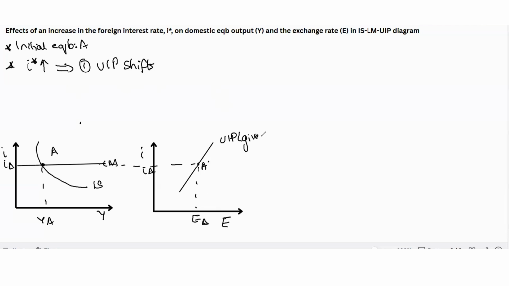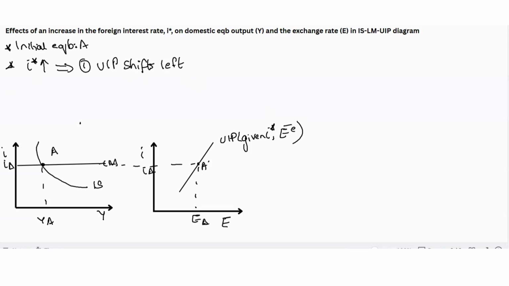The UIP figure is plotted for given values of I star and the expected future exchange rate. And we already discussed that when I star or E bar changes, the UIP shifts. So the UIP is going to shift left. When I star increases, UIP is going to shift left because